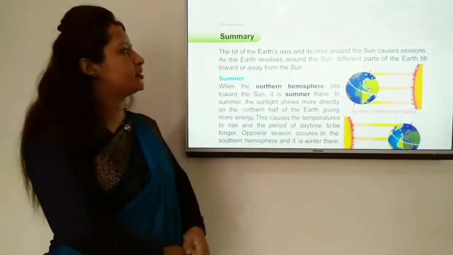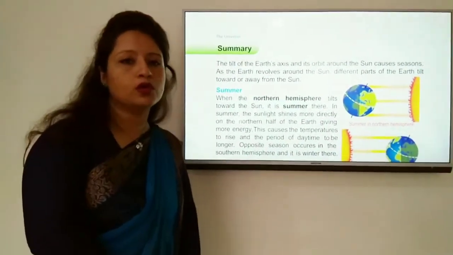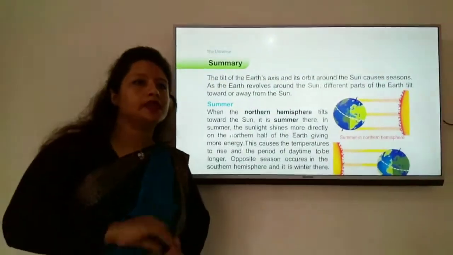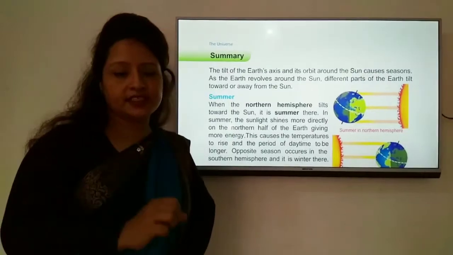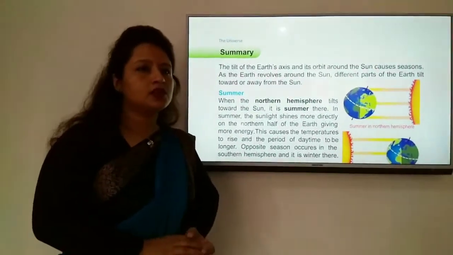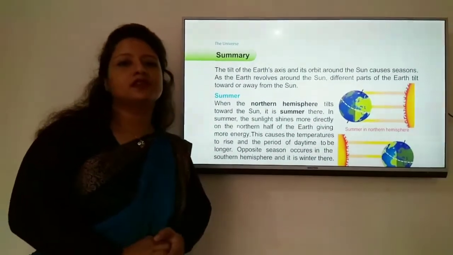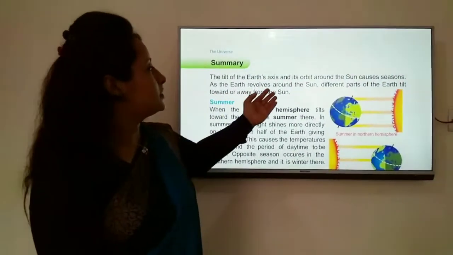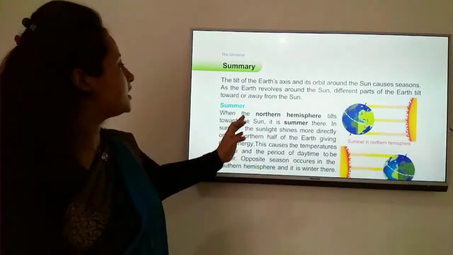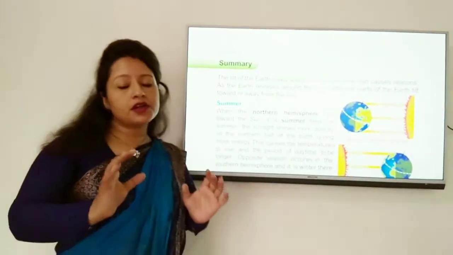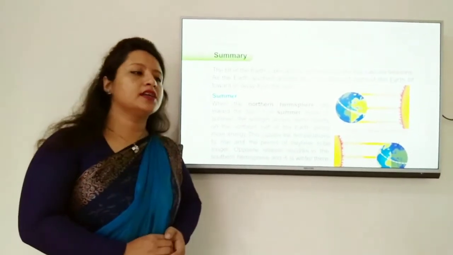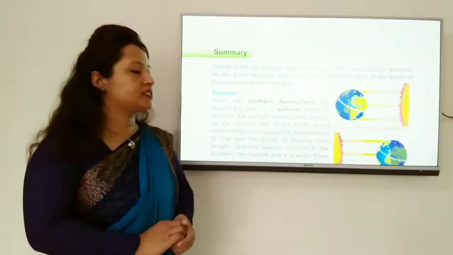The tilt of the earth exists. We know that the earth spins on its axis and the earth revolves around the sun. For these reasons, when the earth tilts toward the sun, then it will be summer, and when it is away from the sun, then